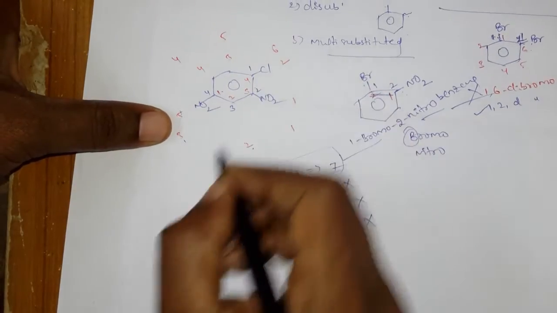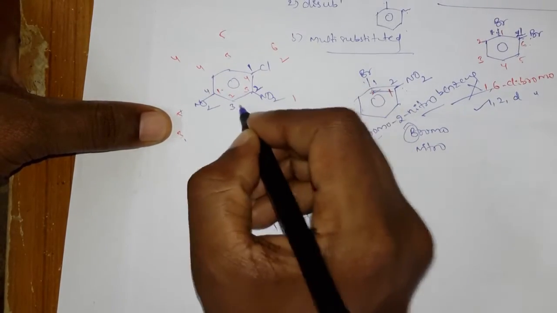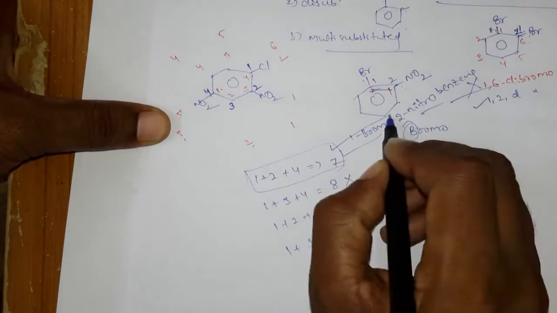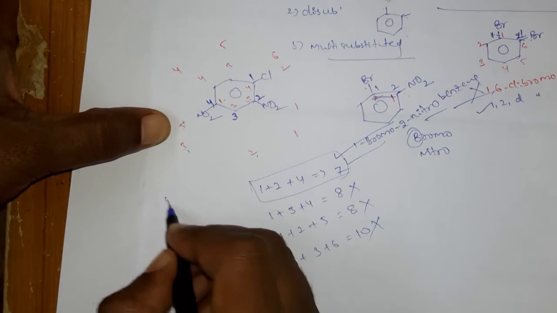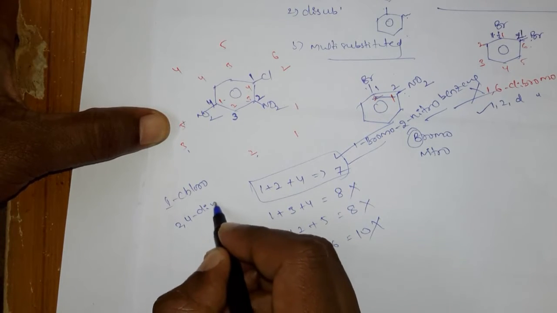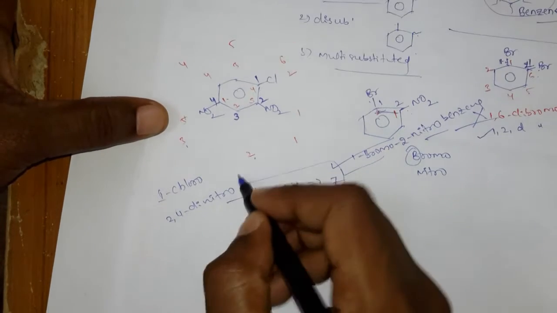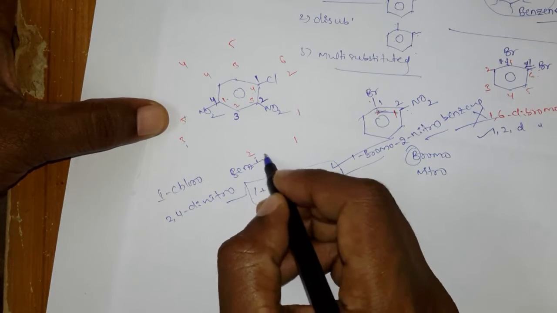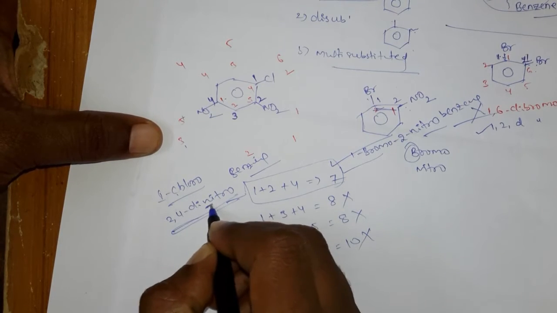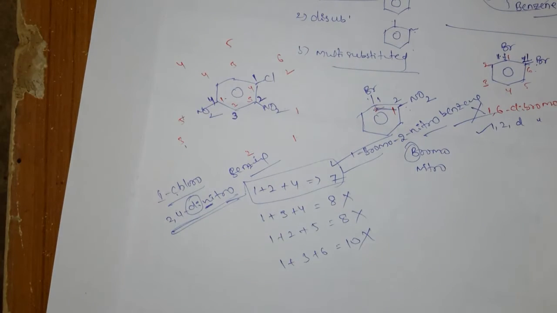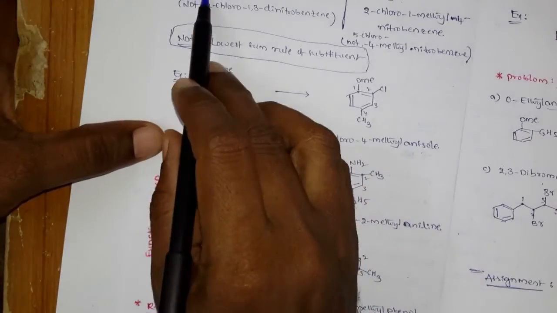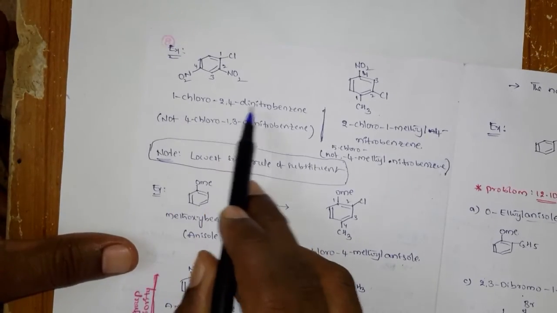So that means this one, 1, 2, 3 and 4. So which one is correct? Okay, that means it is 1-chloro-2,4-dinitrobenzene. And again, while writing these names, you have to see the alphabetical order. Which one will come first, C or N? You should not consider the di, tri, tetra. So which one will come first? C. So write the name 1-chloro-2,4-dinitrobenzene.